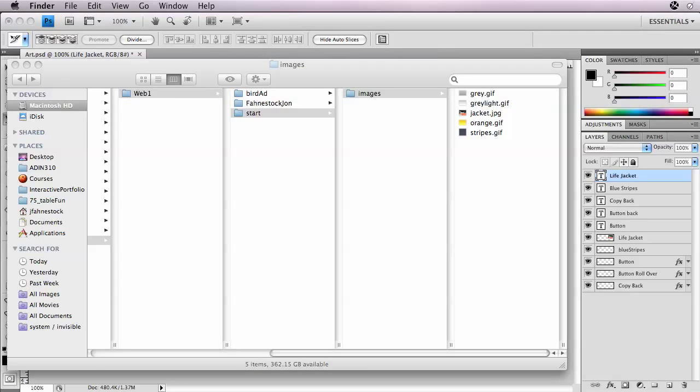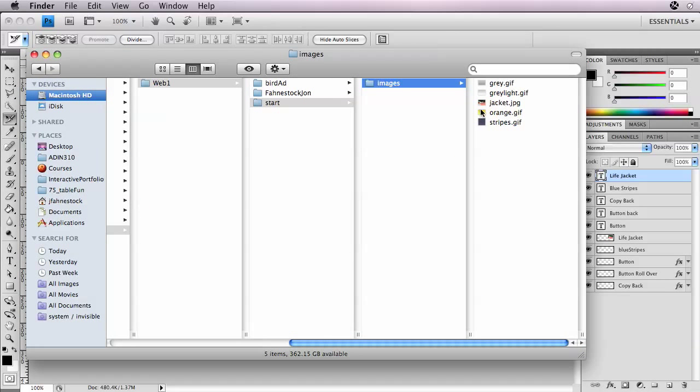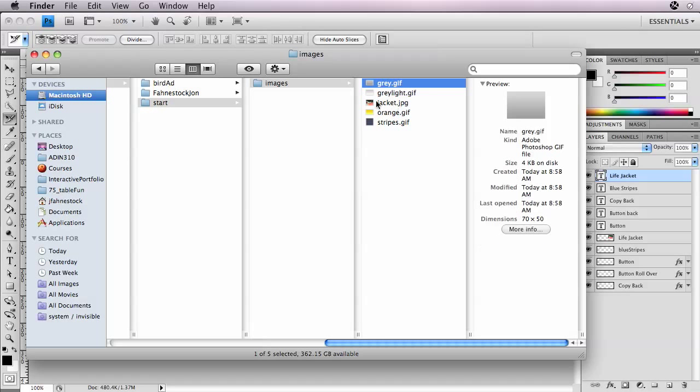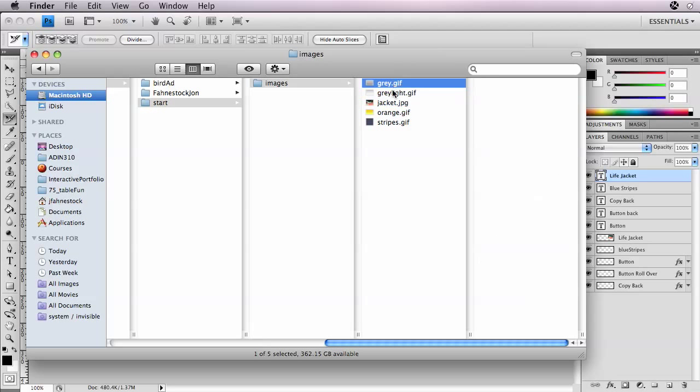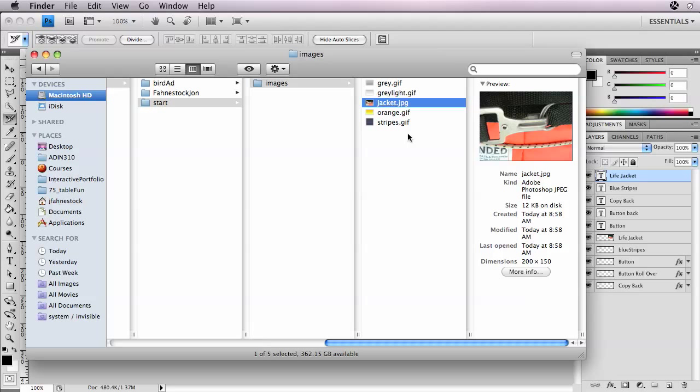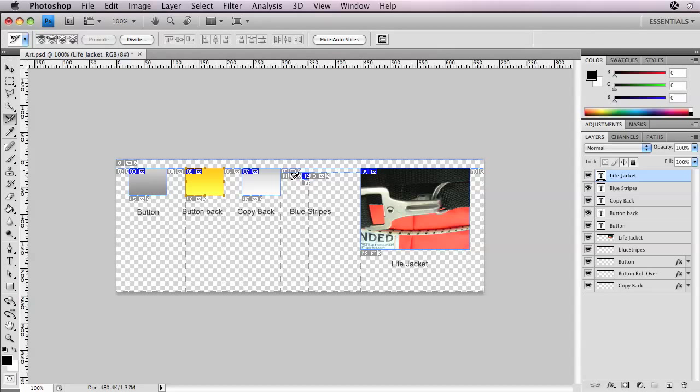So if I look on my Finder here, you can see that it's exported those graphics out as separate files. The ones that I wanted to be GIFs are GIFs, and the one that I wanted to be a JPEG is a JPEG. So it's a pretty convenient way of doing things. If I make a change to that file, I can go back to Photoshop, and as long as those slices are where they were to begin with, I can